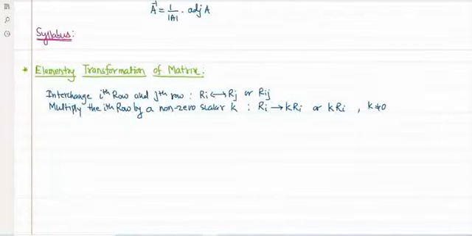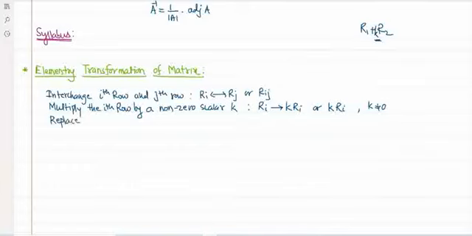And the third one, addition of two rows, R1 plus R2. So I will generalize. You can multiply any row by a non-zero scalar and the resultant row you can add to any row. So that transformation I will write as replace the ith row